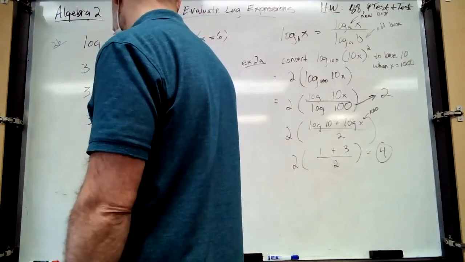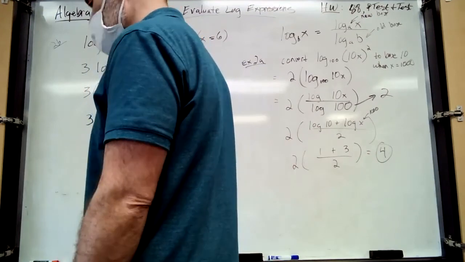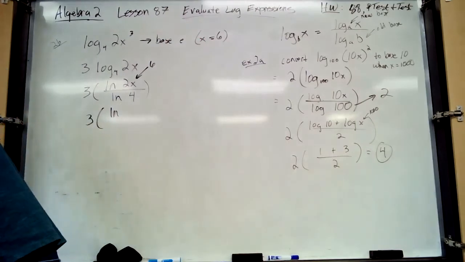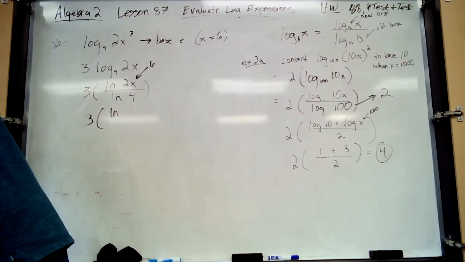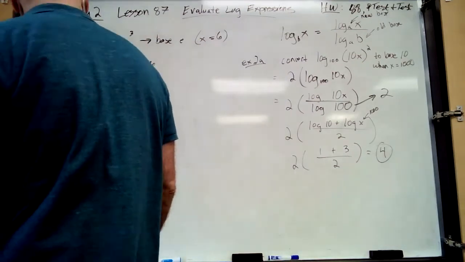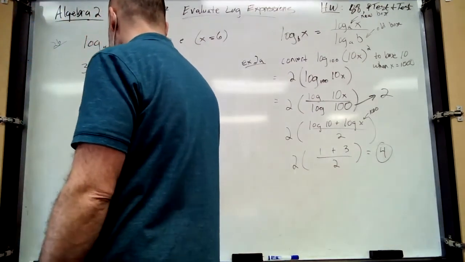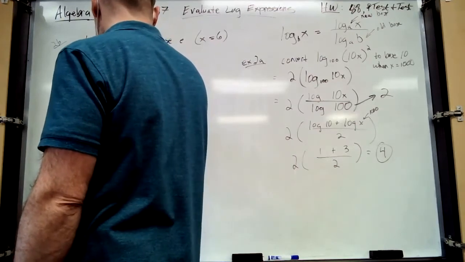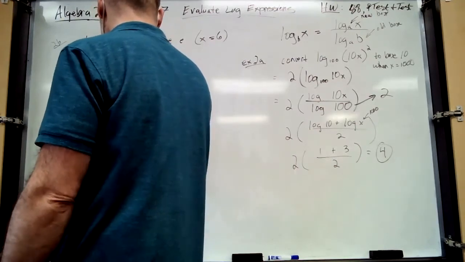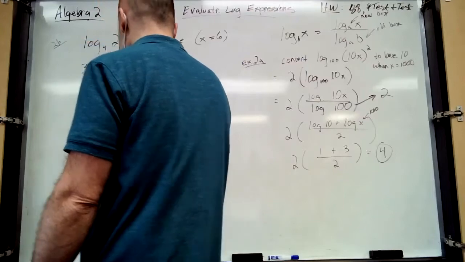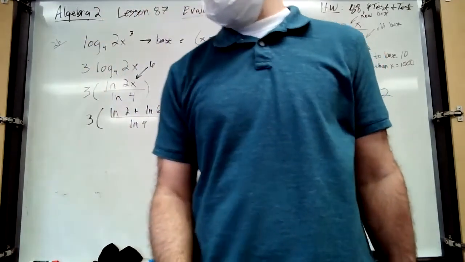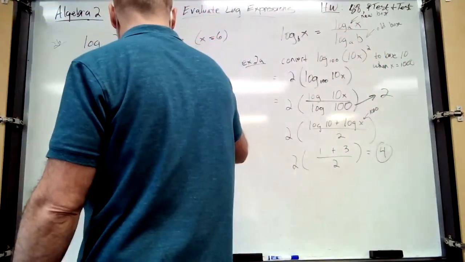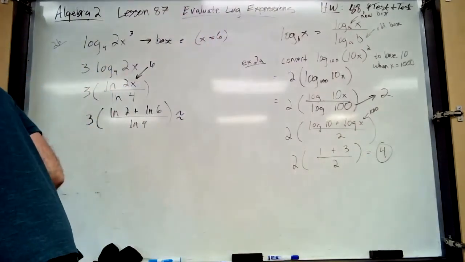I mean, we could do that. You could do natural log of 2 plus the natural log of x, or natural log of 6. Doesn't really matter, because you're going to get the same thing. So natural log of 2 plus natural log of 6 all over natural log of 4. Well, that's just plugging all those into your calculator. So that's going to give you approximately,